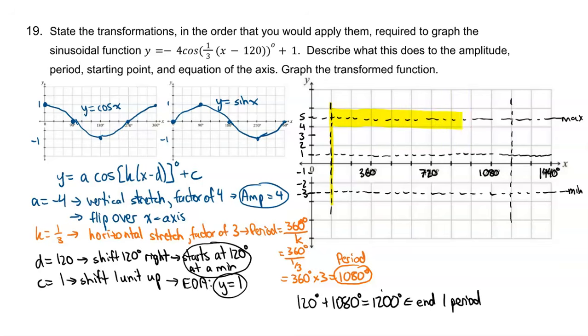And so the reason we call this the box method is what you see highlighted in front of you. That is a box, and that is going to fit exactly one period inside that box. So what we have to do with that box is split it in half. We have to find the midpoint of that box, which is 60 less than 720 there. So it's going to be at